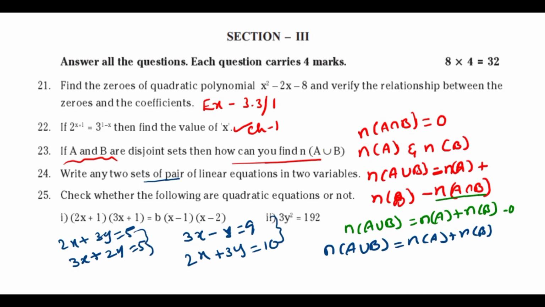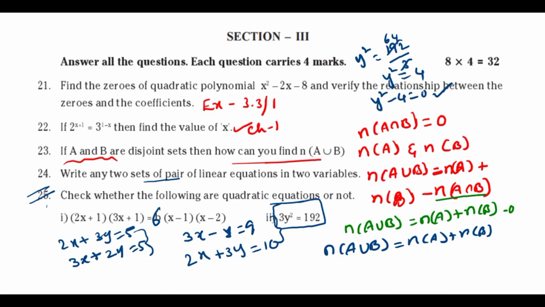And the next question, check whether the following are quadratic equations or not. So this is from 5.1 first Roman. Regarding this one, we have a link in that description, you can check it. So this is 6, not B, you can consider 6. And check this question, 3y square is equal to 192. So then y square is equal to 192 divided by 3. 3 1s are 3, 3 6s are 18, and 3 4s are 12. You will get here y square equal to 64, but y square minus 64 equal to 0. So finally it is a quadratic equation only.